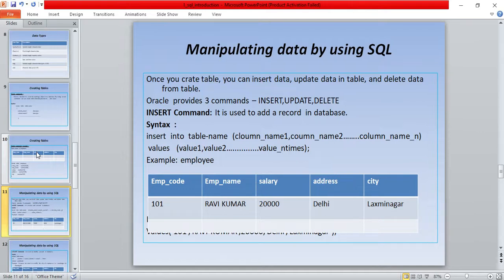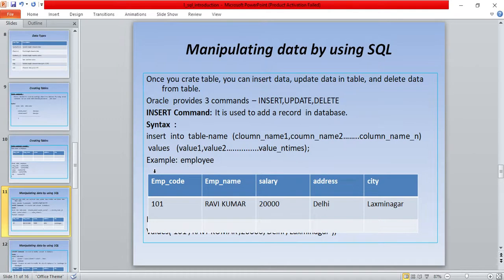Syntax: insert into table name, after that open bracket, column name 1, column name 2, and so on, number of columns, then values: value 1, value 2, and so on, value n. Example: employee. I want to insert this data into the database by using an insert command.